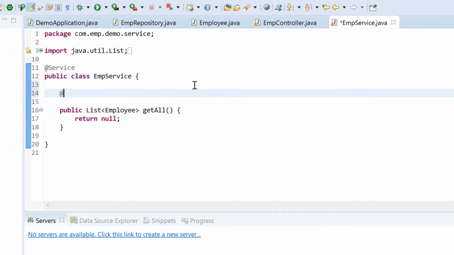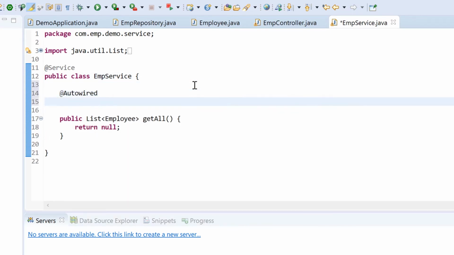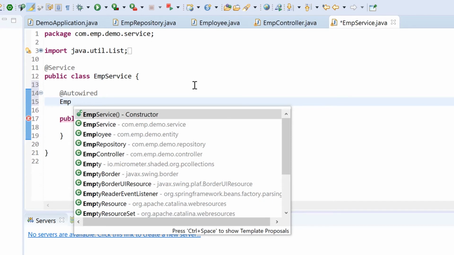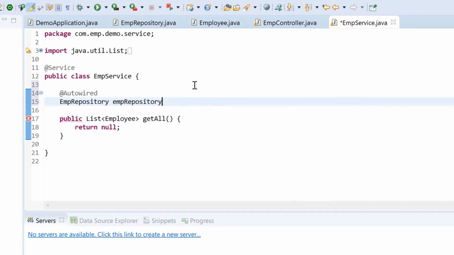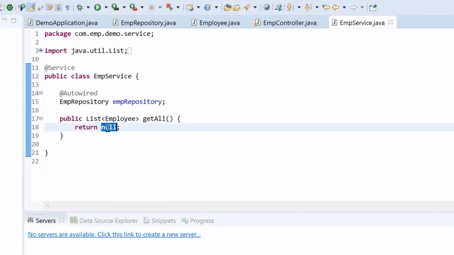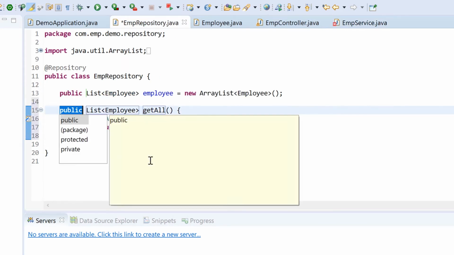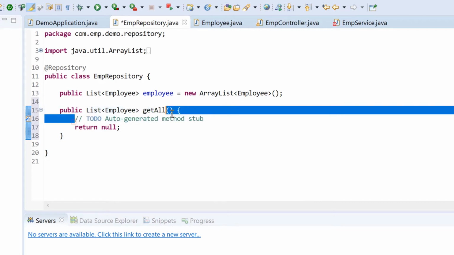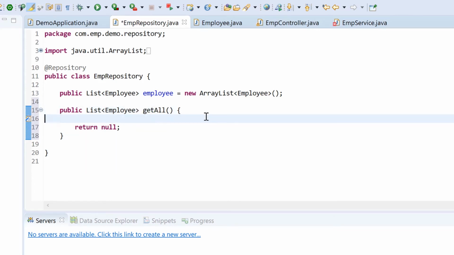So the service is dependent on our repository. So again I'm using autowire, and I'm using employee repository, and this is how we get an employee repository. We need to add get all, and right now we don't even have a get all function in the employee repository too. So I'll go here and do the same thing, and this will create the function inside the repository. Here we have that employee list, and what I'm going to do is return